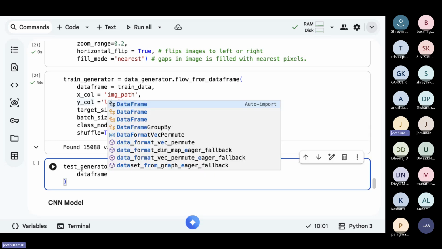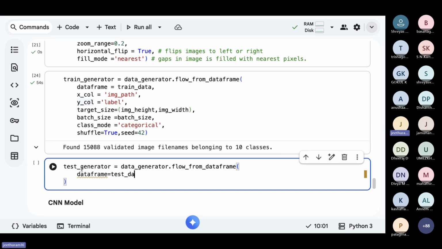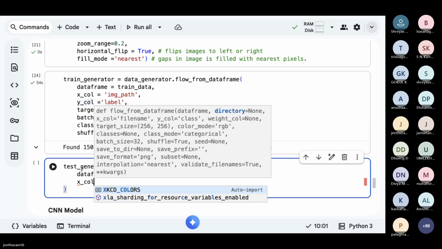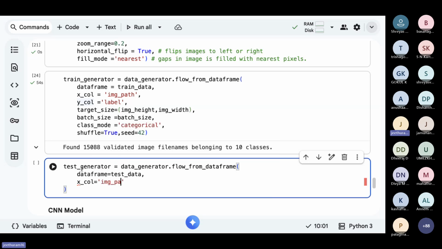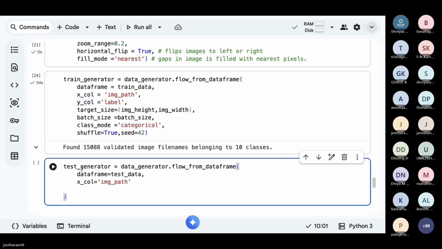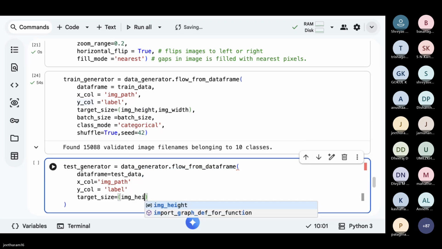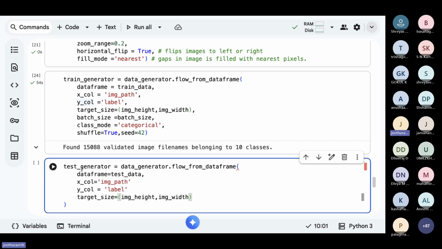So data frame is going to be test data, comma, X column is image path, Y column is label, and then target size is image height and image width,